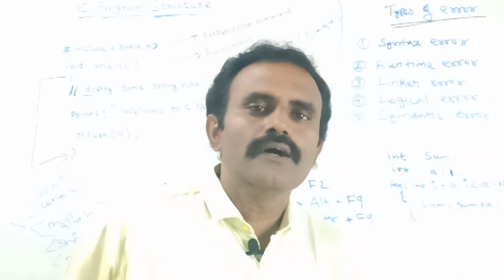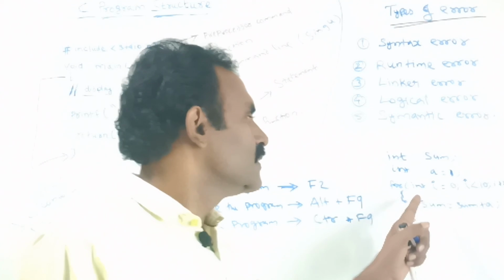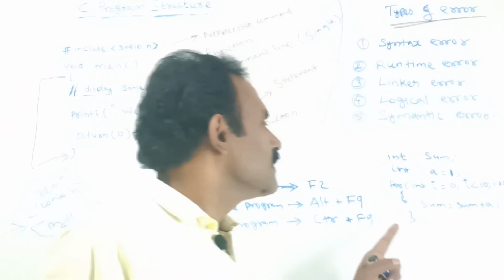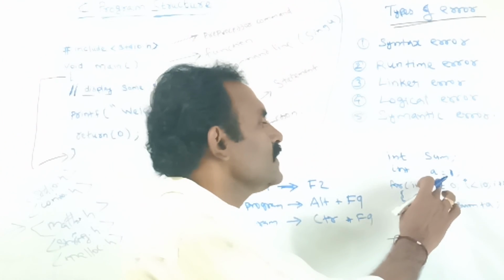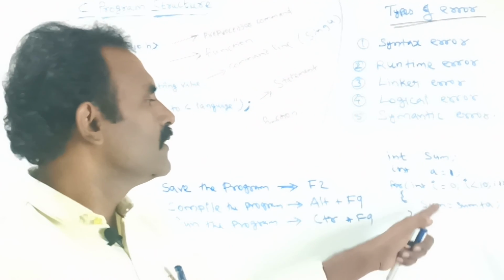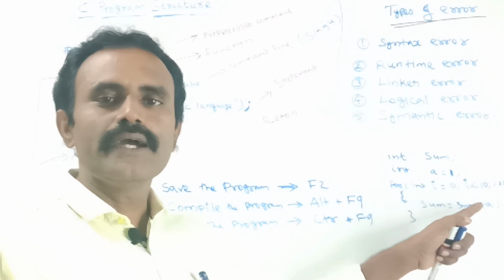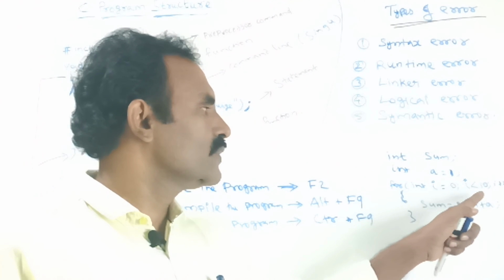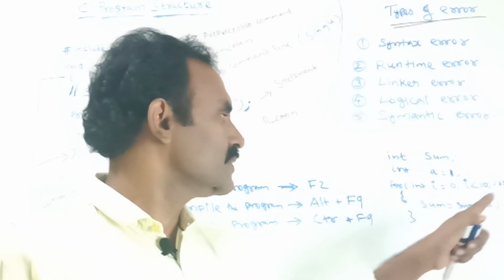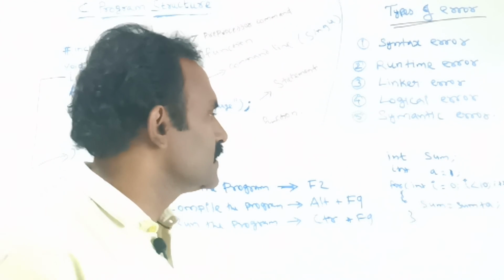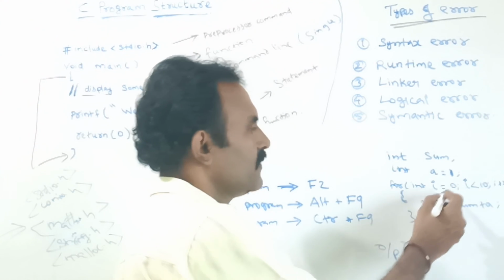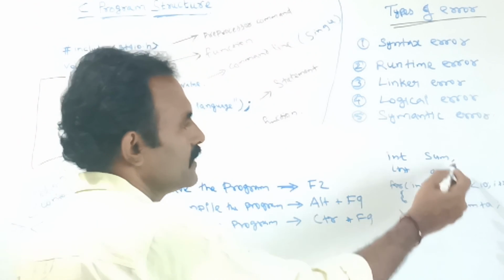Here, if you want to add the numbers one by one, suppose from 0 to 10, and we need to add the sum of the series, here a is equal to 1. Each and every time the corresponding number will be added to the series. When i is equal to 0, 1, 2, 3, 4, 5 up to 9, it will be executed. Each and every time the number will be added to the series. Here sum is equal to sum plus a. The sum will be added 9 times.